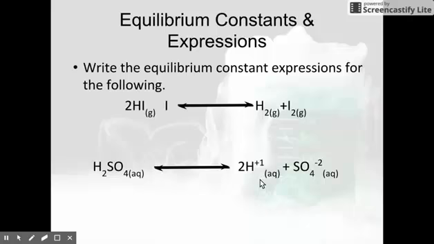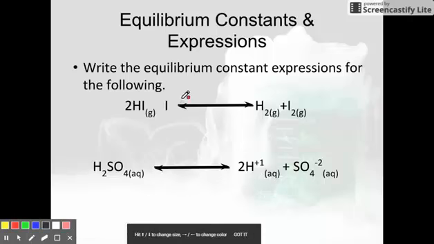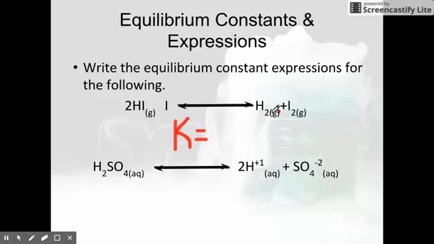Let's practice writing a couple expressions here for these 2 reactions. So for my first reaction, my equilibrium constant K is my products over my reactants. So my 2 products are on this side. So we have H2 raised to its coefficient. It's just a 1, so I don't need to write a 1, times the concentration of my other product, I, which is also a gas, raised to its coefficient, which is 1,